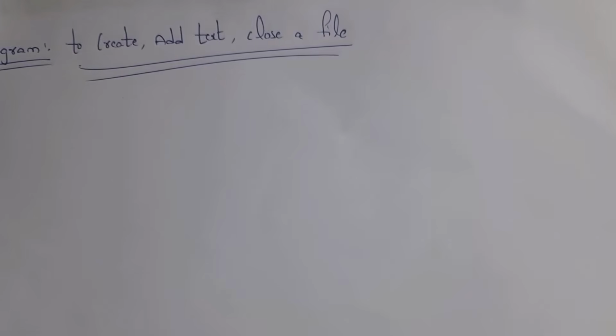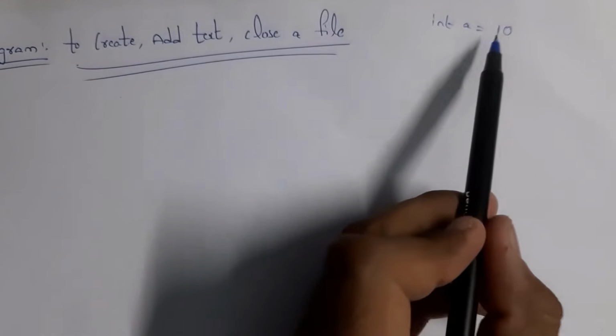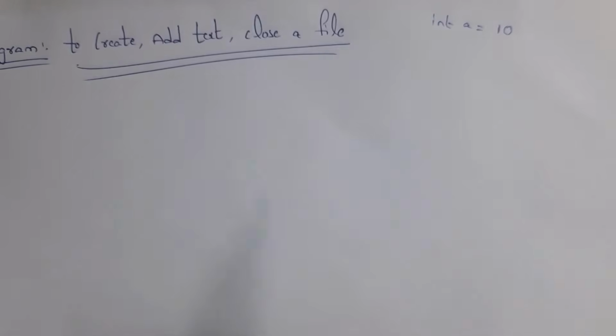Normally we can store values in C programming, like int a equal to 10. We can store value 10 in variable a. But now I want to store a file in C programming. But in C programming we cannot store files. So here I can only store the address of a file. In order to store the address of a file, we need to use pointers,